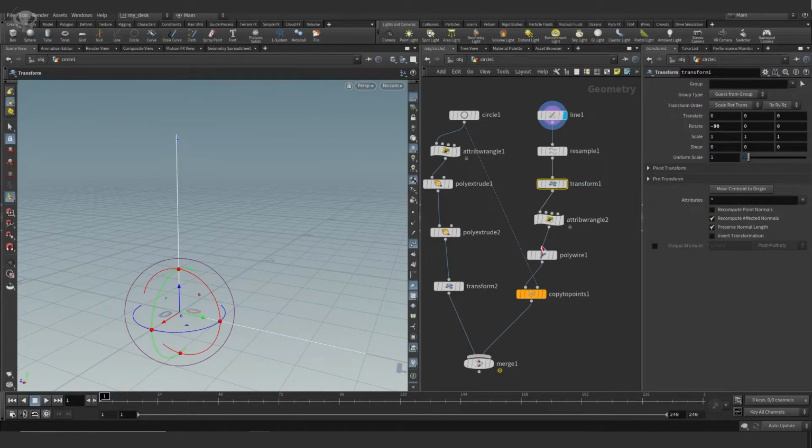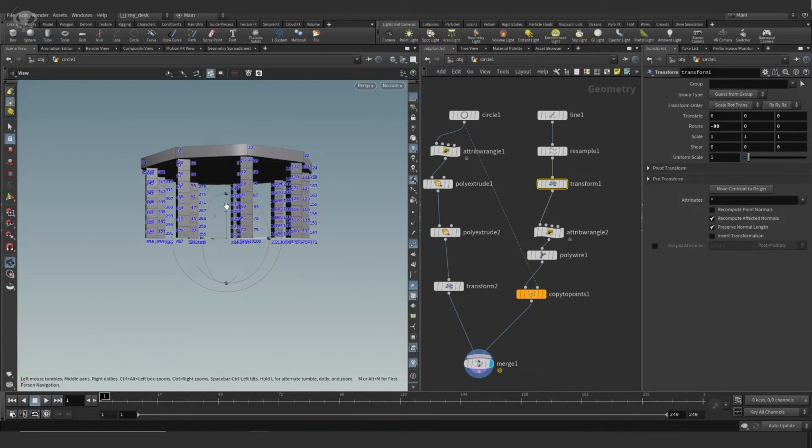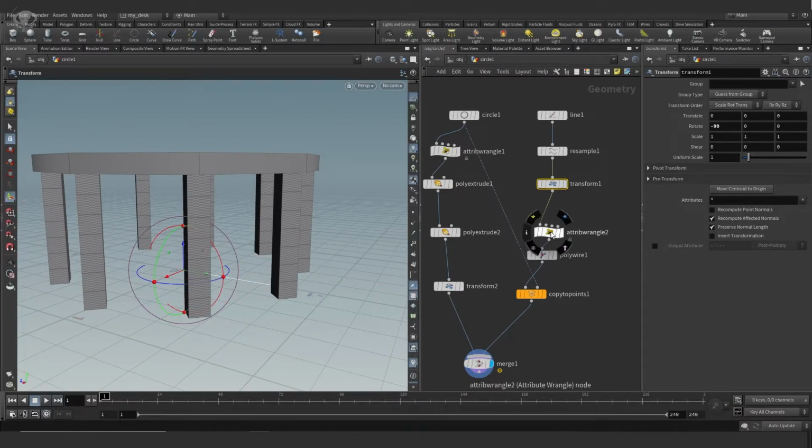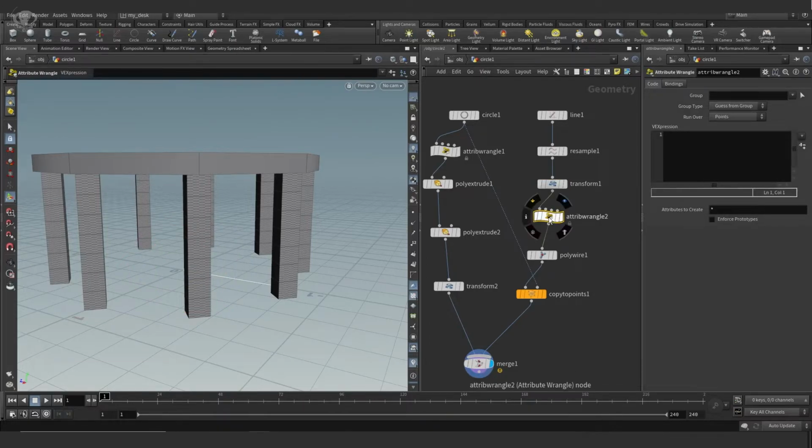All right. So now let's see what we can do with that curve attribute. Let's turn this on. I see the table leg as it is right now. And go to the attribute wrangler and use the p scale attribute to scale the shape of this along its cross section. It can be anything, based on the ramp which I will have over here. So let's do that. I'll be using at p scale,